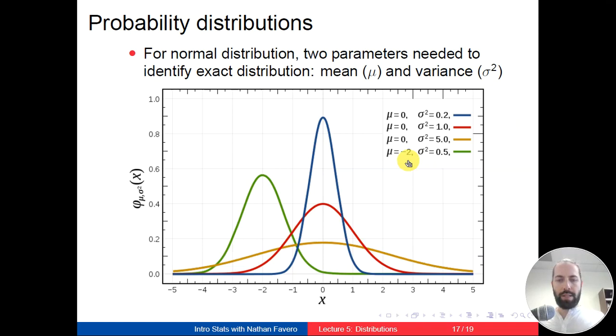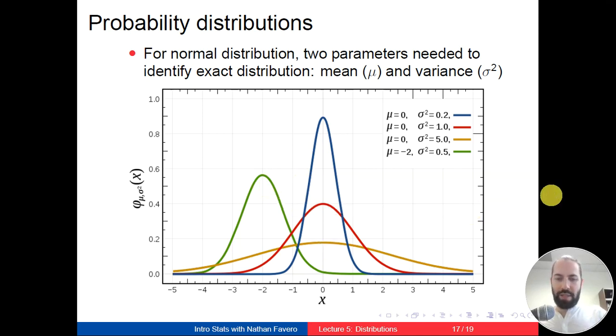So these are all different versions of the normal distribution. They all have the basic bell curve shape that we saw on the previous slide, but as you can see, it can be different heights, and it can be moved to the left or to the right. And all of these are the normal distribution. So one term that people use sometimes to describe the normal distribution is that it's actually a family of distributions. It's not a single distribution. It's a family of distributions because all four of these are examples of different normal distributions.